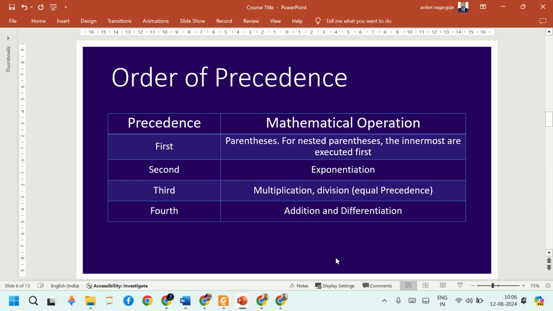If it is nested, the innermost are executed first, then secondly the exponentiation will be done, then multiplication and division have equal precedence, and addition and subtraction have equal precedence. Okay? So this is the order of precedence. This is how the expression is executed in MATLAB. It is similar to what we know in mathematics or algebra. Multiplication, then division, that rule you know. That's the same way it works in MATLAB. Okay? So that's the end of the